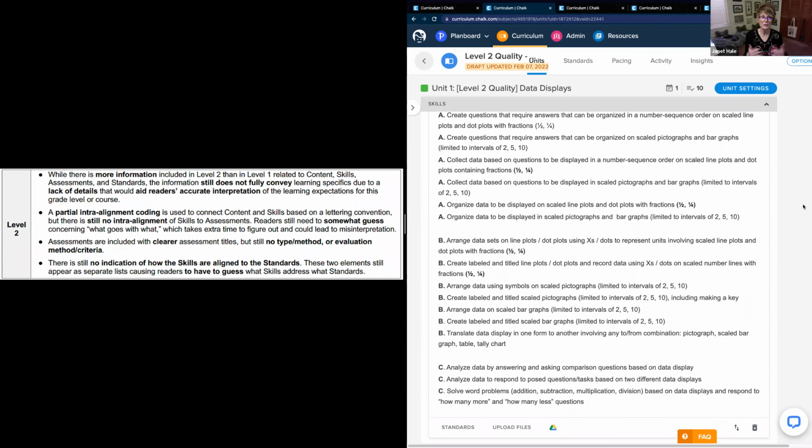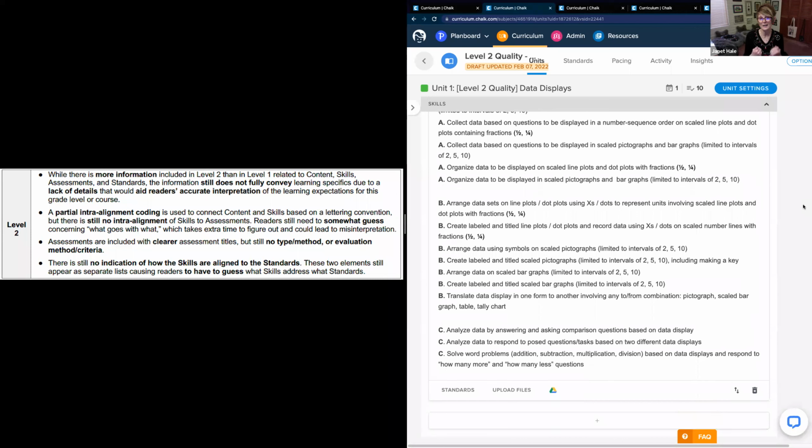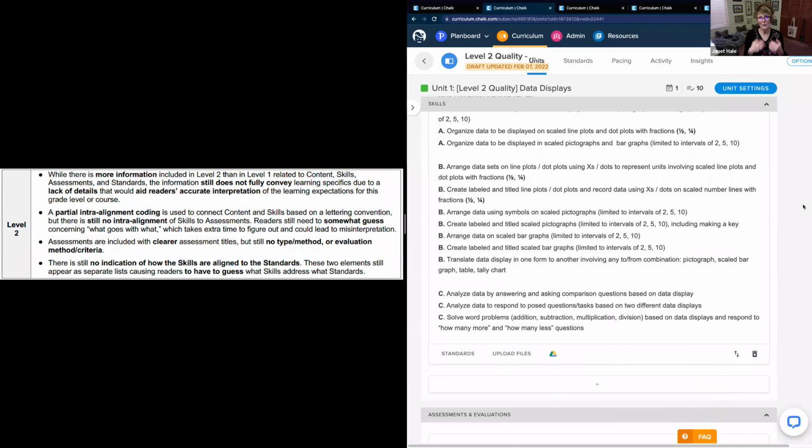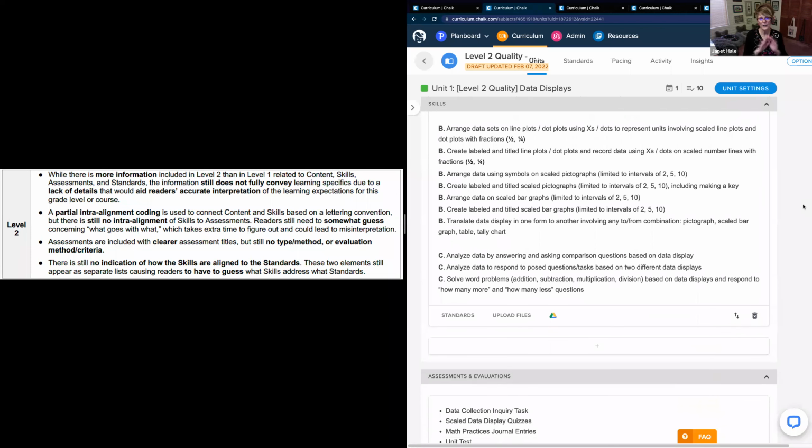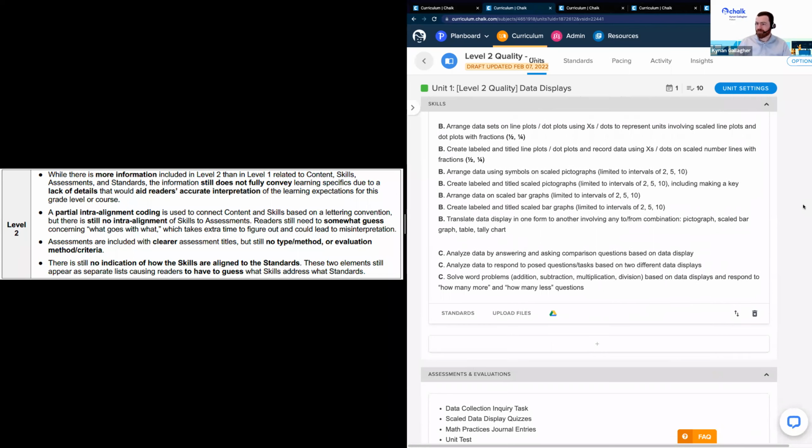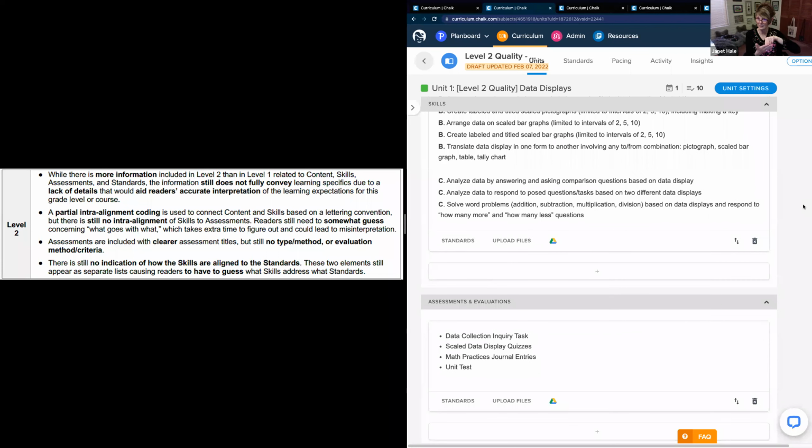Now here's the catch. If we scroll down a little bit more to our assessments, we still have a problem where there's no more teacher observation, but again, they just bulleted them. So we still do not know what assessments measured what skills. We have to guess at that. And we, again, have no standards alignment for what's in here.